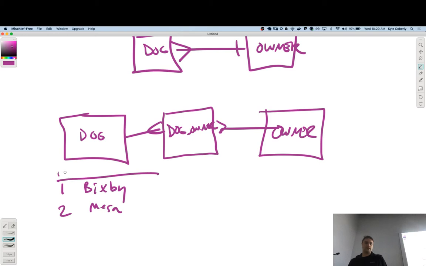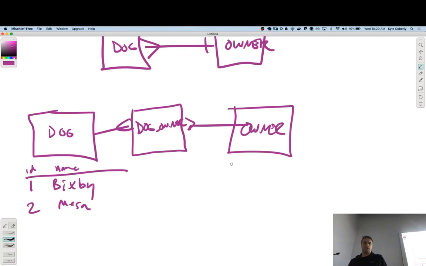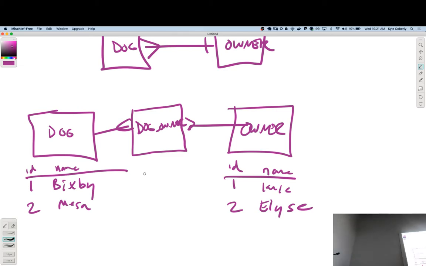These are IDs and names. And then over here, I have also IDs and names for owner. 1 is Kyle. 2 is Elise. So in this dog owner, what am I doing here? Think to yourself. What does the data end up looking like in there?